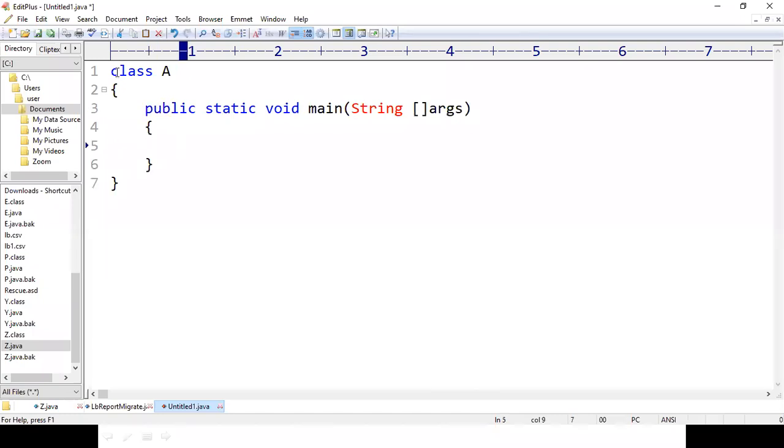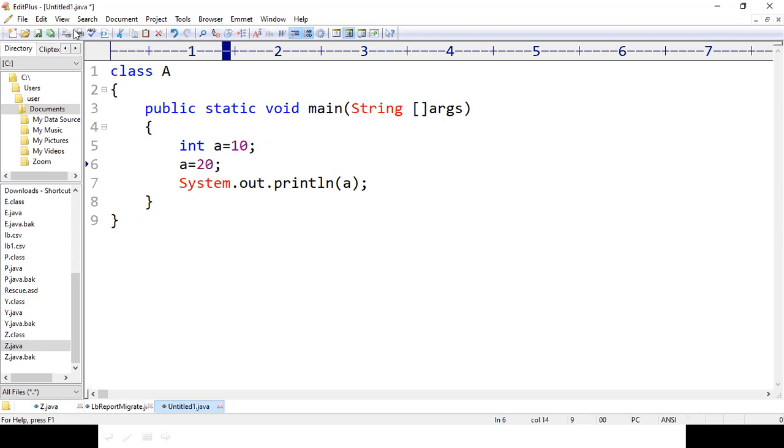Inside this one I am declaring a variable int a = 10, and I am going to print the value of a on the output screen with System.out.println(a). Before that, I want to change this value to a = 20.